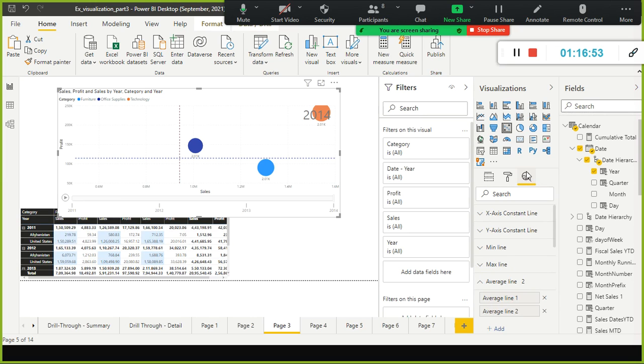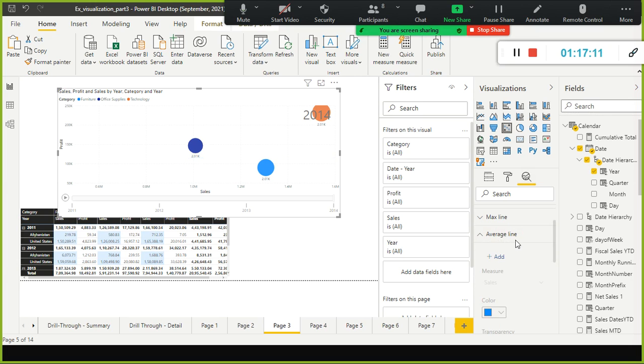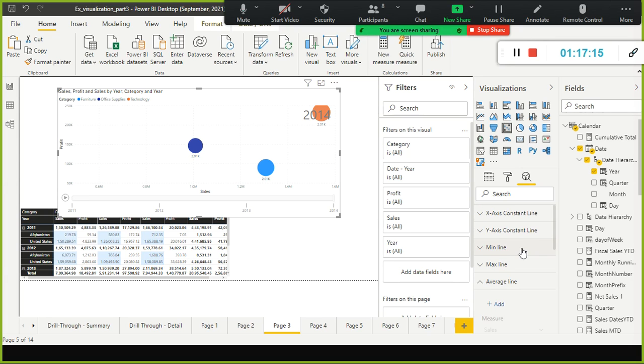This one is not available for all types of charts. For a line chart or bar chart, even if you click this, nothing will be there. And what I do is I just remove this average line and all. Okay, and now I am going to try the ratio line.